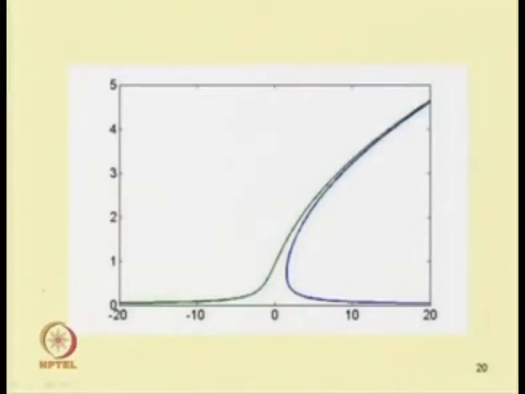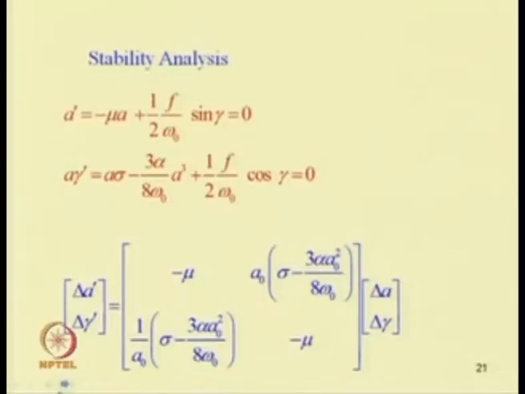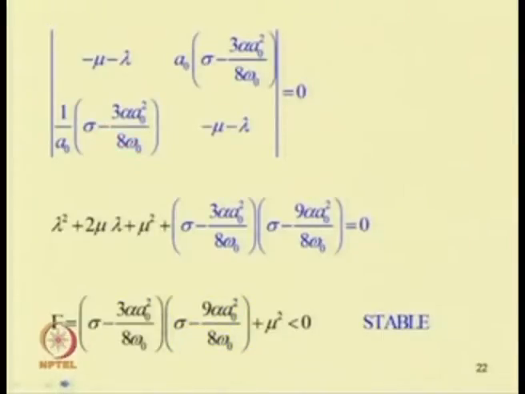In this case we have already discussed the jump up and jump down phenomena. While reducing the frequency, one may observe the jump up phenomenon, or while increasing the frequency, the system will follow this path, and from the trivial response one will get the non-trivial response of the system. We have also discussed the stability analysis. One can perform the stability analysis by perturbing the reduced equation and finding the eigenvalues of the Jacobian matrix. If the real part of the eigenvalue is negative, the system is stable, otherwise the system is unstable.